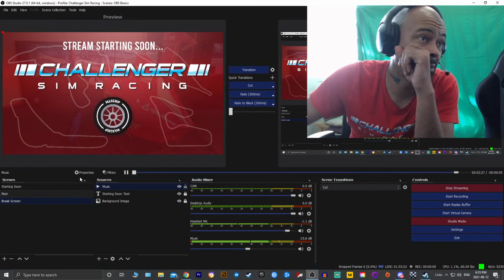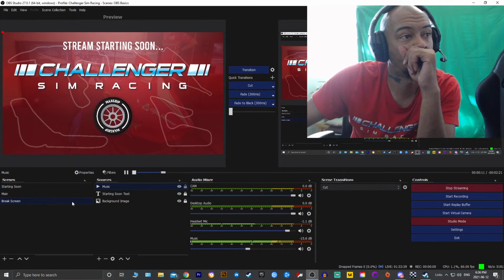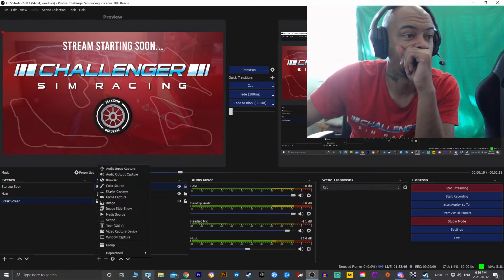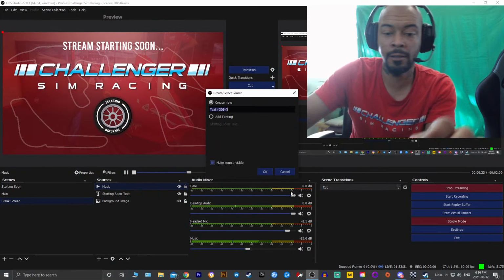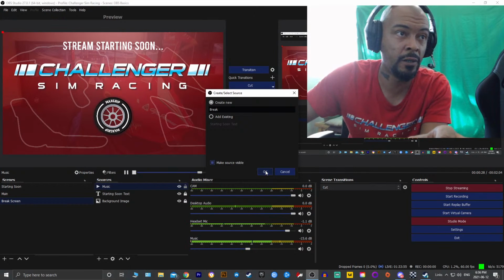But the break screen looks exactly the same as the start and soon screen. And if I click between these two, you can't tell the difference. But that's absolutely fine. So, from the break screen, we're gonna add, I don't know if this is actually a way that made the most sense, but anyway, alright, we're gonna add text, and we're gonna say break in that text, and we're gonna create new text,